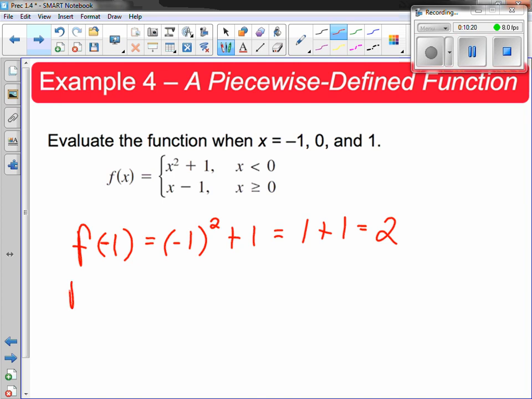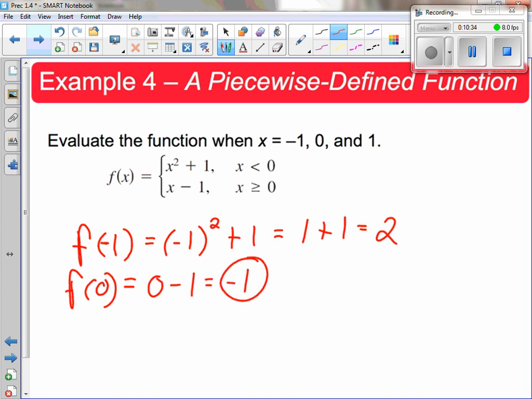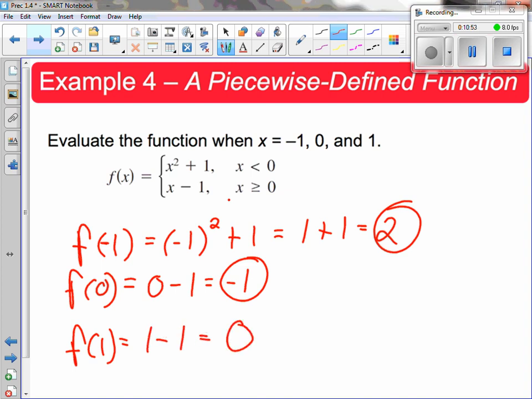Let's try 0 next. F of 0. Which one would we use? X minus 1. So we would have 0 minus 1. And how about f of 1? So we use the same one again, yes? The x minus 1? Is 1 greater than 0? Yep. So 1 minus 1 would give us